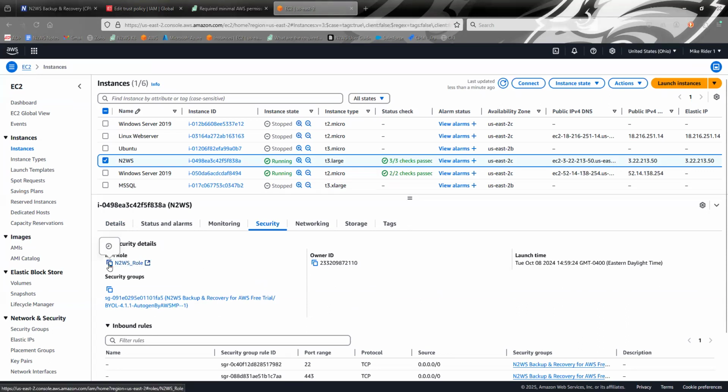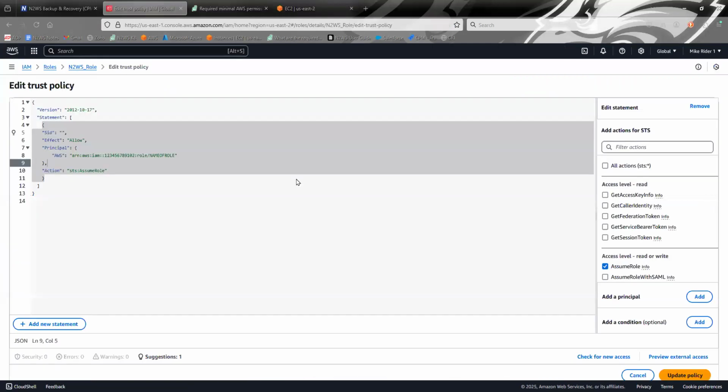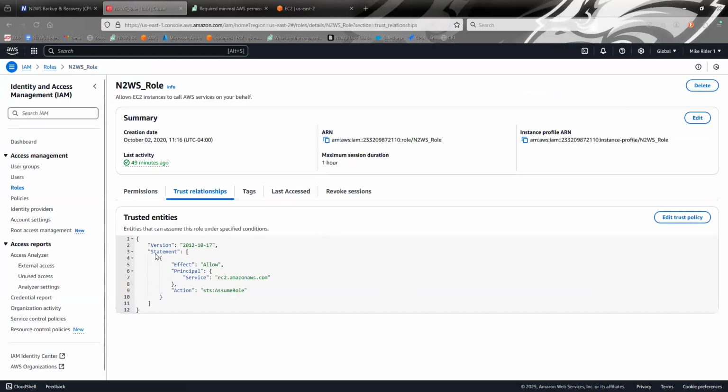So I will copy this, come back to the trust policy. So I've already copied in my primary AWS account number. And then now I'm just going to overwrite this right here. And that's it. And then you would click update policy and save it, and you're done. So once that's done,